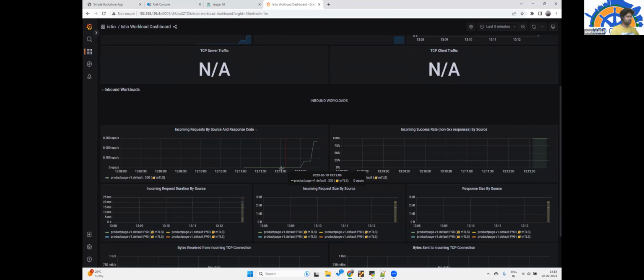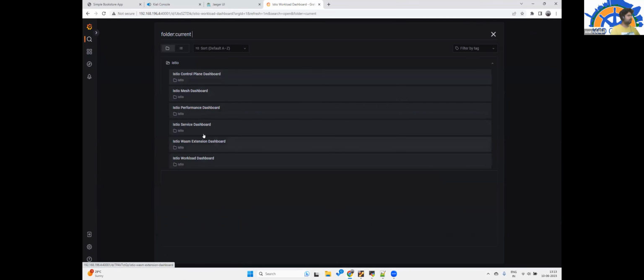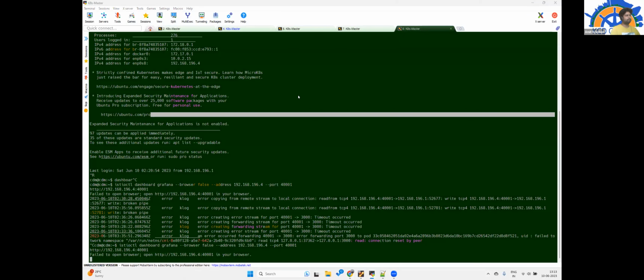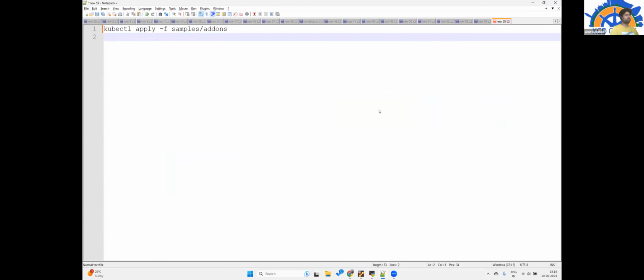Inbound traffic. See, this inbound traffic has come just now, from the operation I have done. Performance dashboard you can have. So these are the requests which I have just made, and these are the performance aspects of those. So basically, Istio comes with a default collection of metrics.